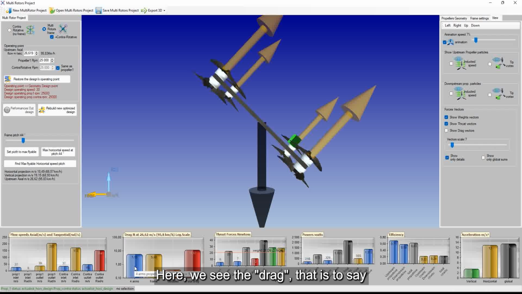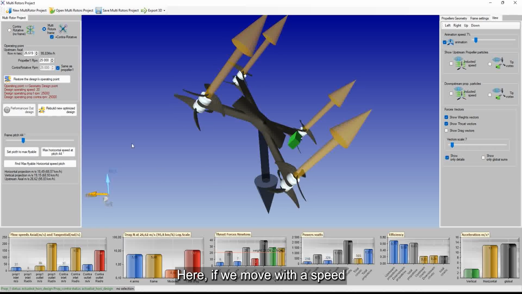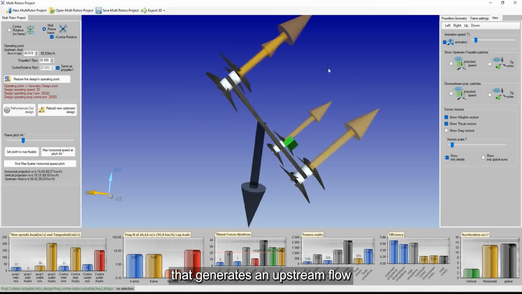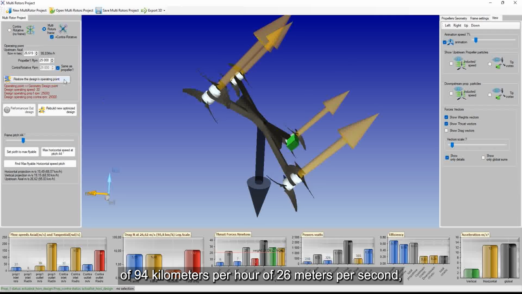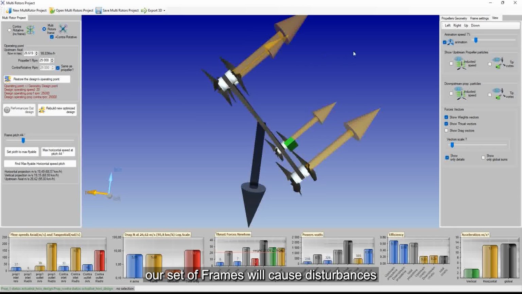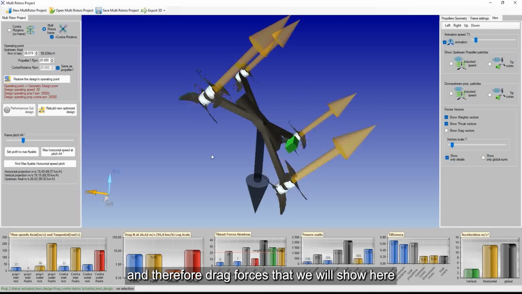Here, we see the drag, that is to say the drag of the different elements of our frame. Here, if we move with a speed that generates an upstream flow of 94 km per hour, 26 meters per second, our set of frames will cause disturbances and therefore drag forces that we will show here.